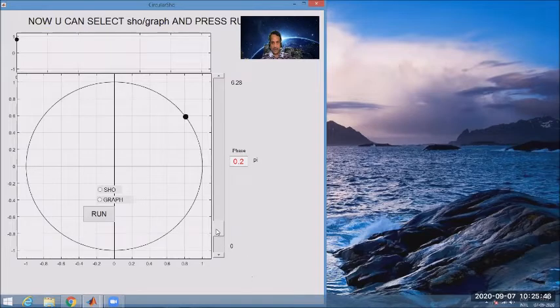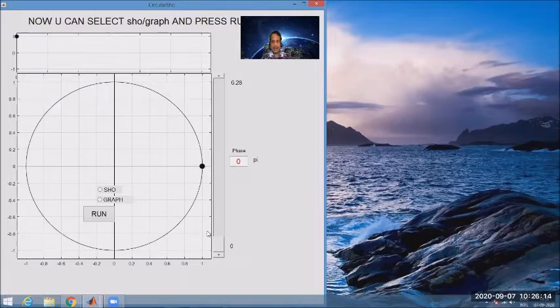So if the value of phase is 0, you will be starting at x equal to 1 and y equal to 0. And if the value of phase is just before 6.28, that is 1.87 pi, you will be standing in the fourth quadrant. Or if the value of phase is 1 pi, you'll be standing at y equal to 0 and x equal to -1. So let us observe this in a continuous motion.